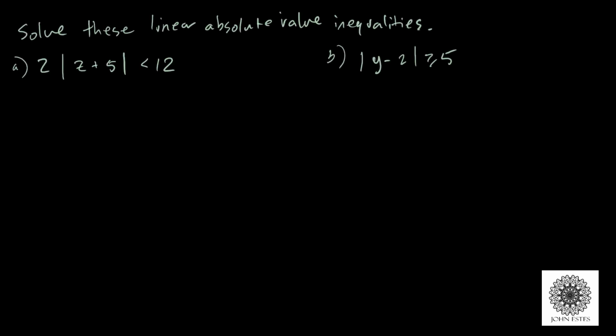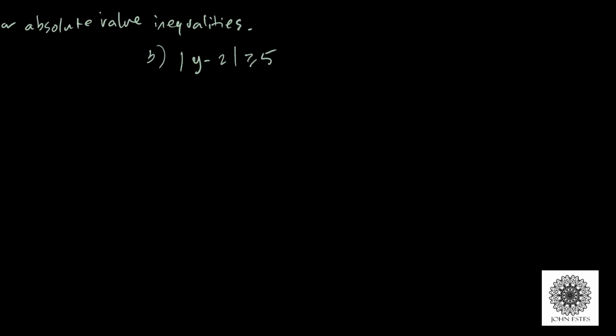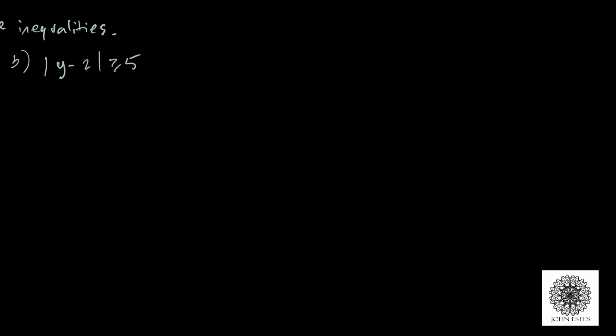I want to show how to solve linear inequalities that include absolute value. And I think an important thing for us to remember is what we mean by absolute value. So for example, if I said I want an absolute value that's less than 6, well, if you think on a number line, that would mean that this number has to be less than 6 units away from 0. So obviously if I go 6 in the positive direction, anything less than that will have absolute value less than 6. And also if I go in the negative 6 direction, anything greater than that will have absolute value less